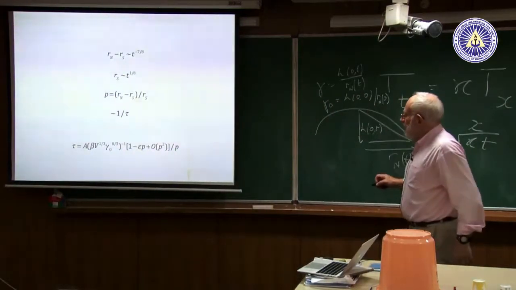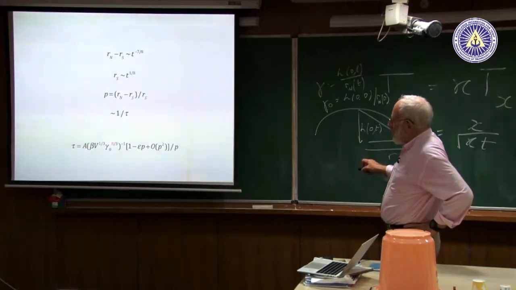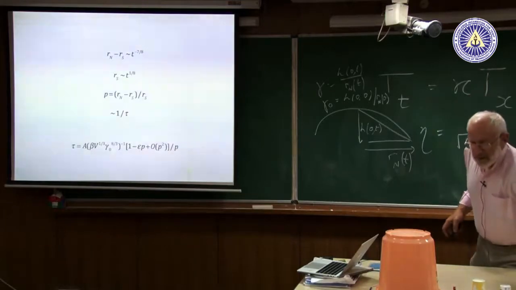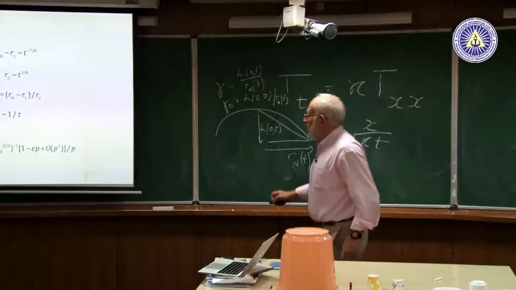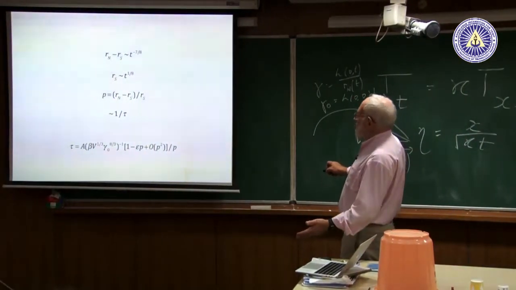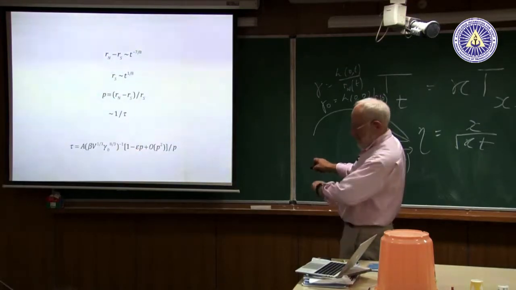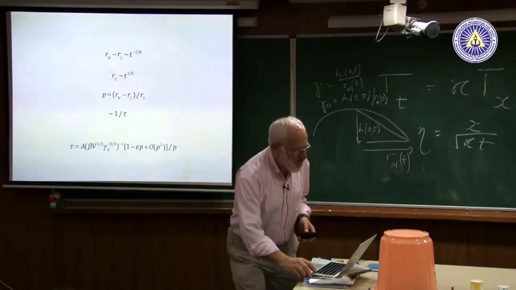So what that says is, I've already shown you the beta v to the third, gamma naught to the 8/3, all of that to the minus 1. I've shown you that. There's an A, and A must depend on the shape. This one is going to be different to this one, even more different to this one. We'll have to work that out. And then it's going to go like that, and then there's the 1 on p, that's this relationship here, and then it's going to go like 1 minus epsilon p.